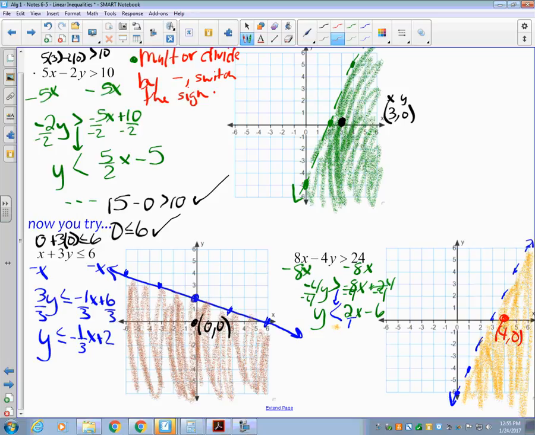So let's go ahead, and for x we're going to put in 4. For y we're going to put in 0. And see if that's greater than 24. That gives us 32 is greater than 24, and that